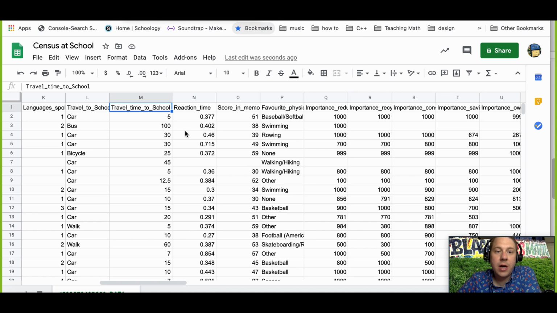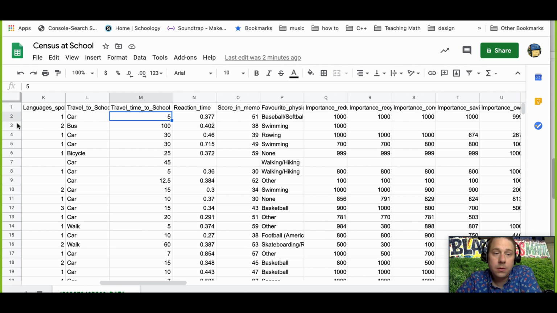I'm going to show you how you can find the mean and the median of a collection of data. So here is some data from about 500 approximately high school students from California schools, and this is their reported travel time to school. There are a couple different applications on how you could do this, but I'm going to actually do it